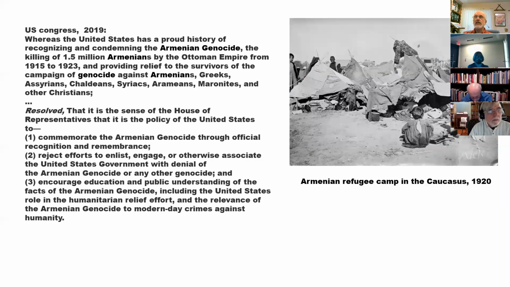In 2019, the US Congress resolved, whereas the United States has a proud history of recognizing and condemning the Armenian genocide, the killing of 1.5 million Armenians by the Ottoman Empire from 1915 to 1923, and providing relief to the survivors of the campaign of genocide against Armenians, Greeks, Assyrians, Chaldeans, Syriacs, Arameans, Maronites, and other Christians, resolved that it is the sense